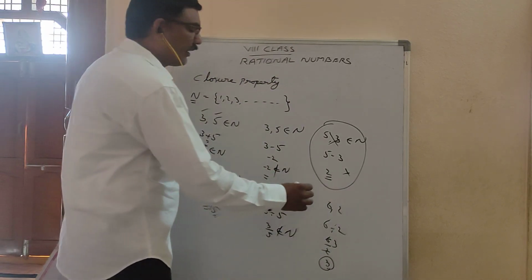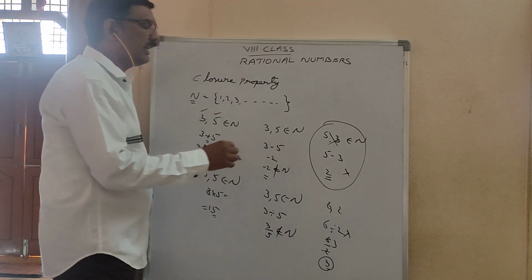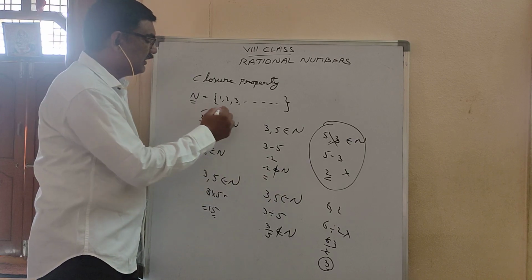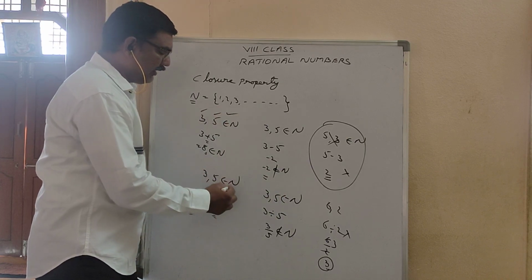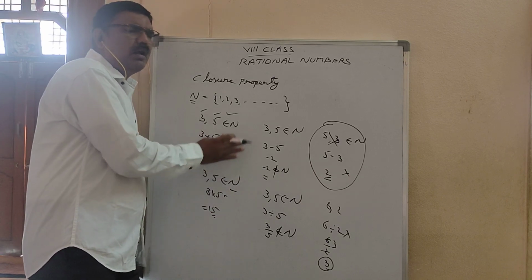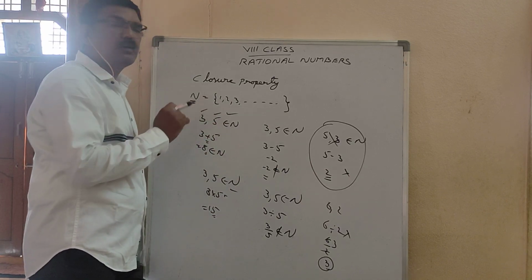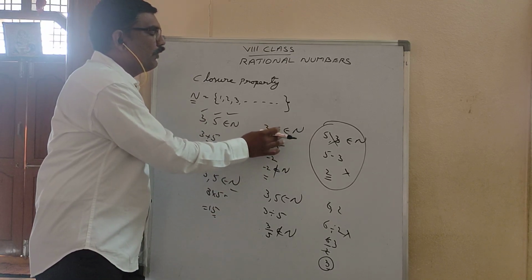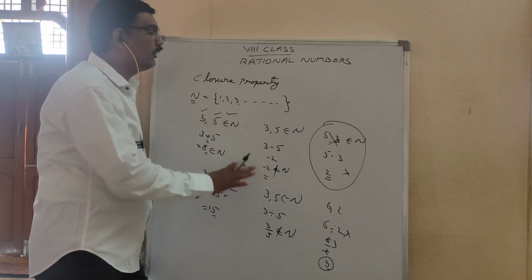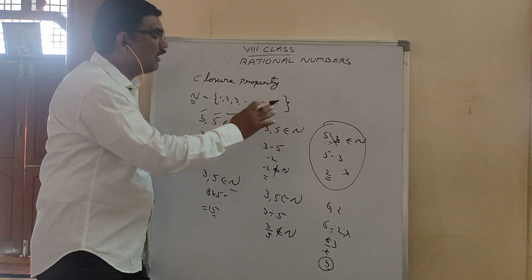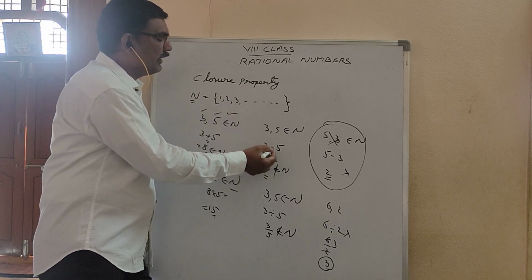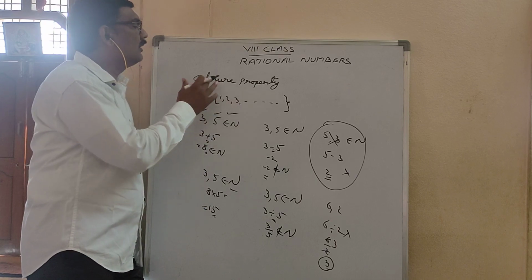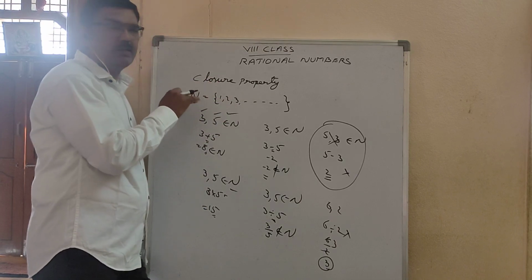But all numbers are not satisfying. Some numbers are satisfying, some numbers are not. Whereas if you take addition and multiplication, all numbers satisfy the closure property under addition and multiplication. But here, a few are satisfying, a few are not. Therefore, you should say that the set of natural numbers is not satisfying the closure property under subtraction and division. It is about the closure property for only natural numbers.